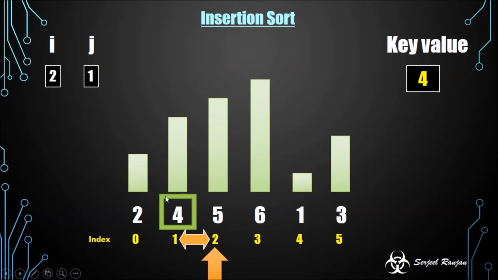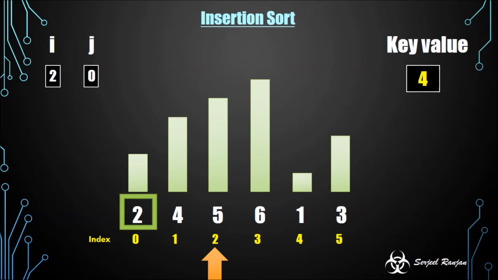So our box should go on the 0th index now, and j should decrement. Okay, so now j is on the 0th index, that is box is on the 0th index, and if we compare the value with the key value, our box value is smaller than the key value. This is correct, so we don't need to do anything. And as the box has reached the 0th index, no way to go, so our I value will increment and our arrow will move one step ahead.